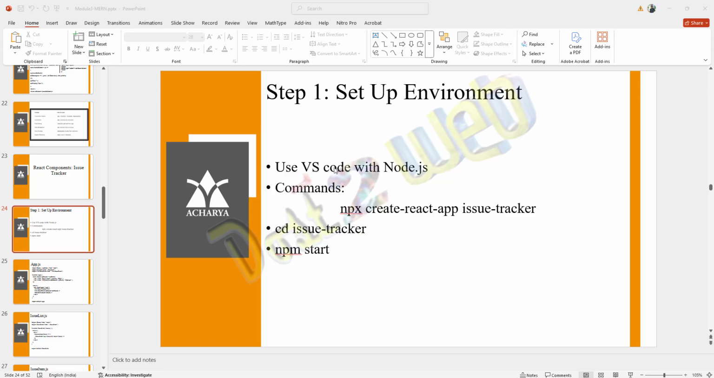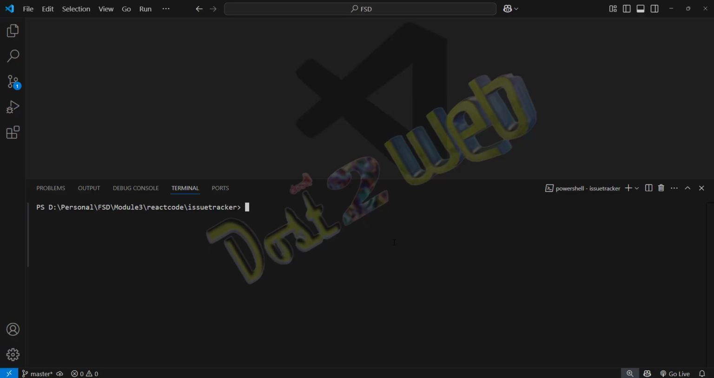So first I have to run this npx command. This command will create a React application with the name issue tracker. So let's proceed with that, and I'll open VS Code, and I have the command npx space